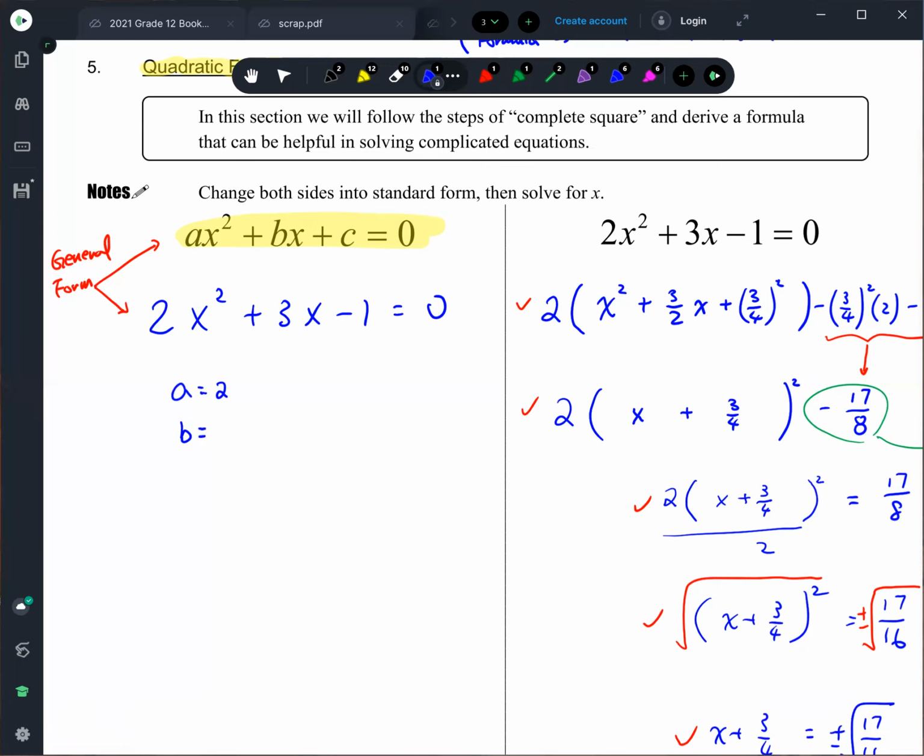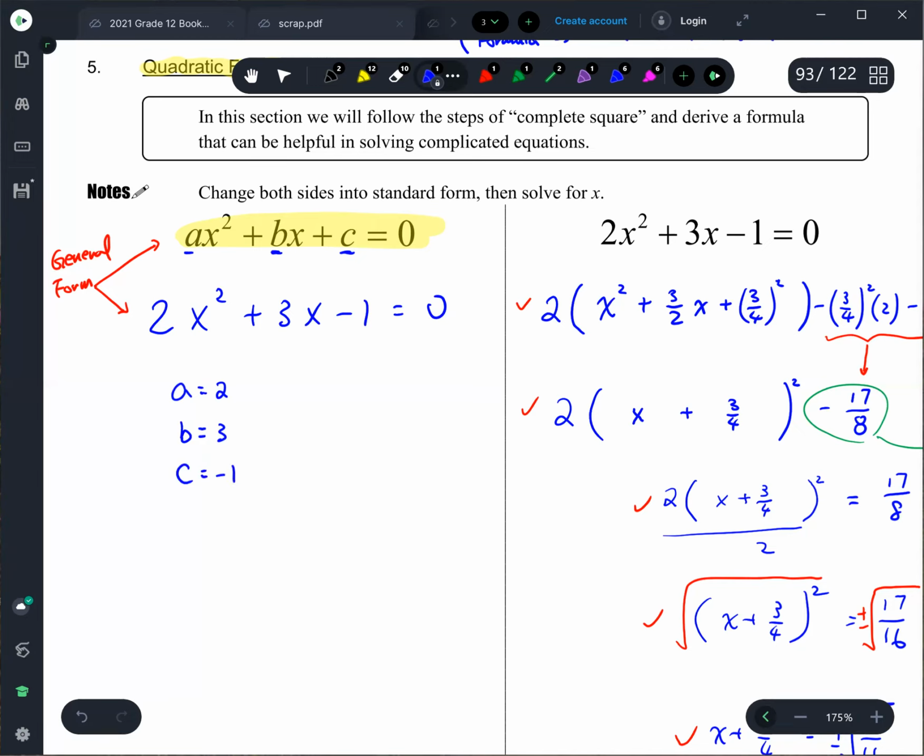Wait, what do you mean by value for B? B, right? Do you see the ABC here? A, B, C. Okay, so if you compare with the equation we're solving, what's the number for B? 3. Yep. Okay, and Tony, what about the number for C? -1. Yep, very good. Okay, so A is in front of x squared, B is in front of x, and